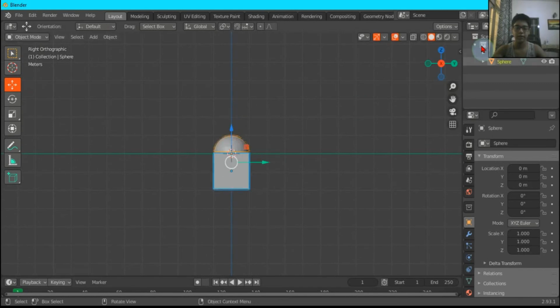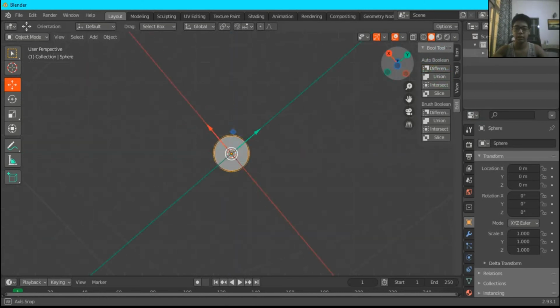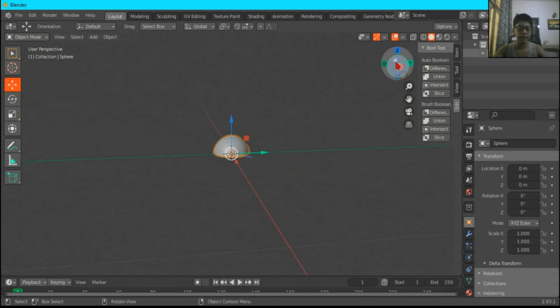Press Shift and select this also. Edit this out, select this, shift, bool tool and difference. So now press again